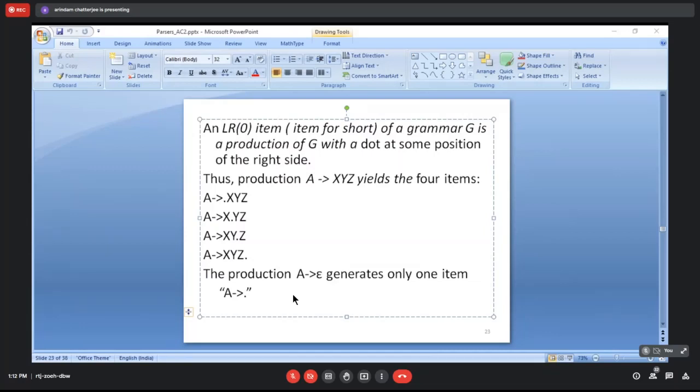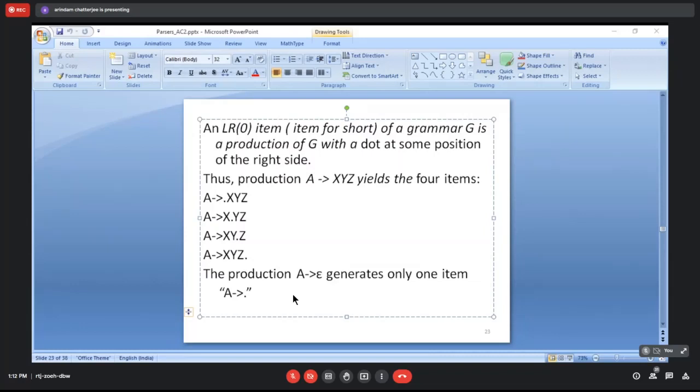Fifth rule is R producing L. Now, of course, you have an augmented rule, which I have not shown here. It is basically S prime producing S. So you have 5 rules and an augmented rule.